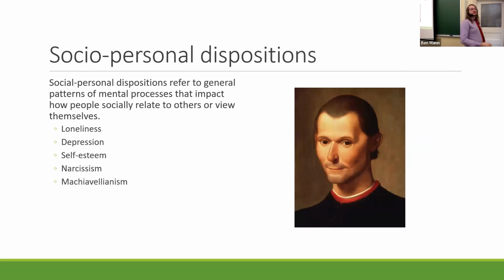How many people know who this is on the right? Seen him before? A couple of you. So this is Machiavelli. He is a famous political theorist. If you have ever heard the term Machiavellian used to describe someone or something, that generally means somebody who sees people as pawns or as objects to be used and manipulated to serve their ends.